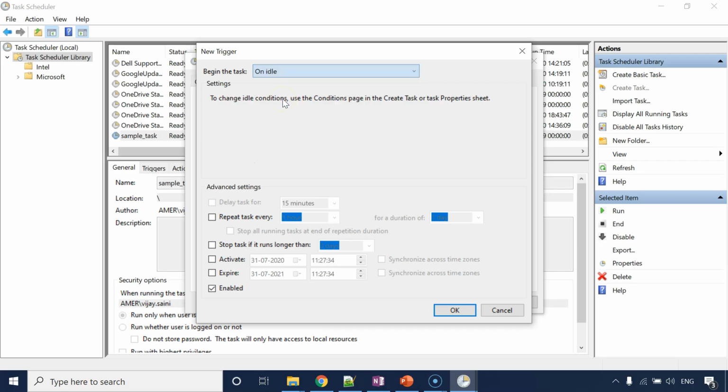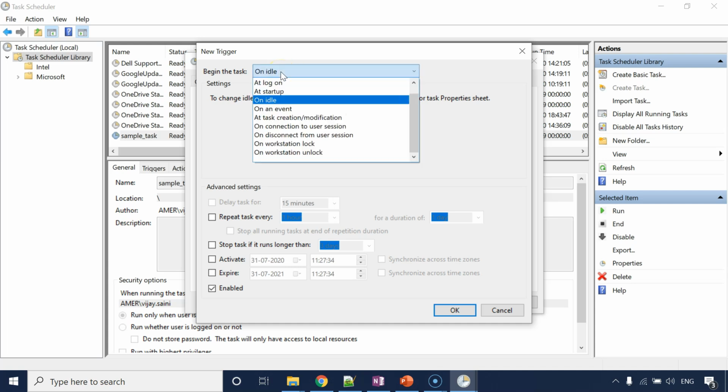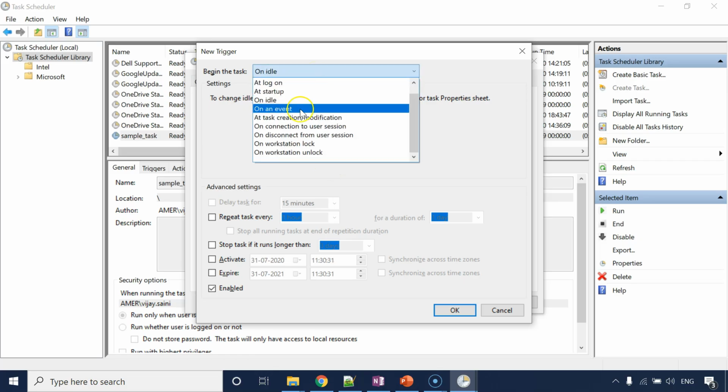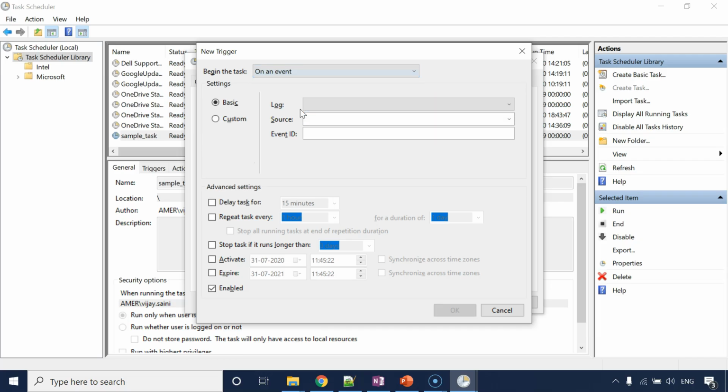Similarly, if your system is idle, you want to send some email or execute some other program to bring it into active state, you can do that. And based on the option you select over here, you get different advanced settings to further fine tune your scheduled task, right?